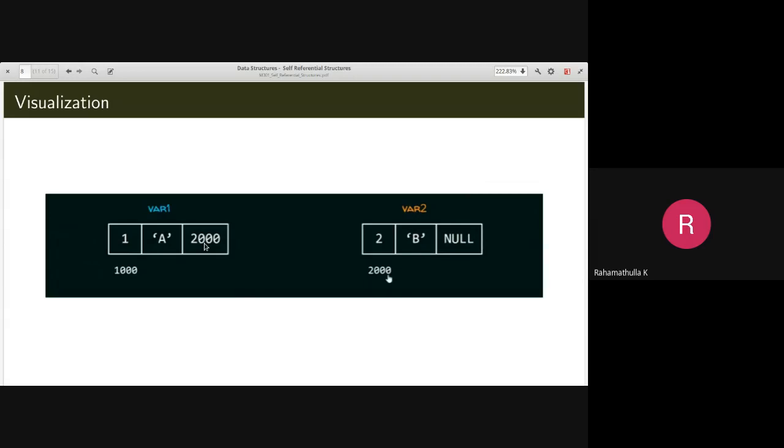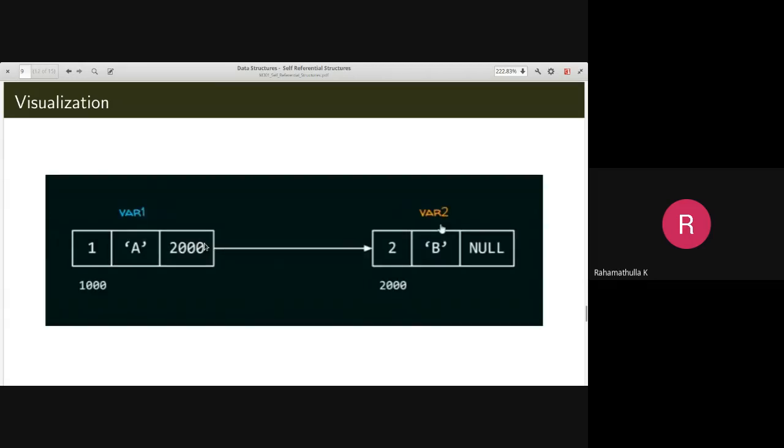It will be something like I have a pointer from the first variable to the second variable. I have already stored where exactly my second variable is located in my first variable. So it is something like a link from the first variable to the second variable.